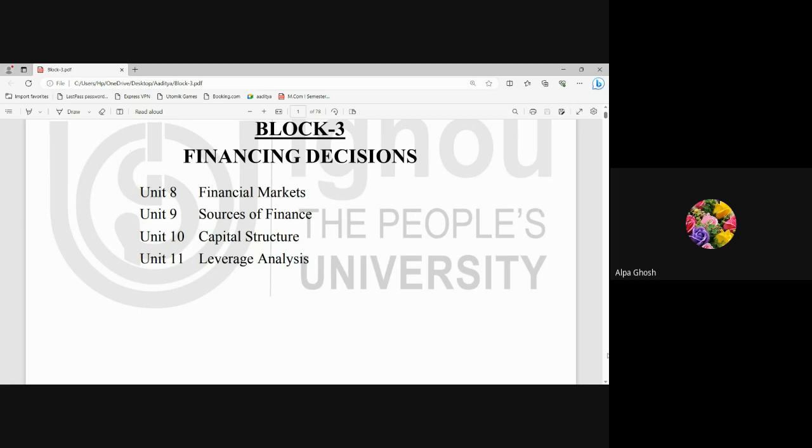We know we have four types of financial decisions. If you remember, the four types of financial decisions are: the first one was investment decision, second it is financing decision, third it is liquidity decision, and the fourth one is dividend decision. So we are done with investment decision in block 2, where we came to know which type of investment